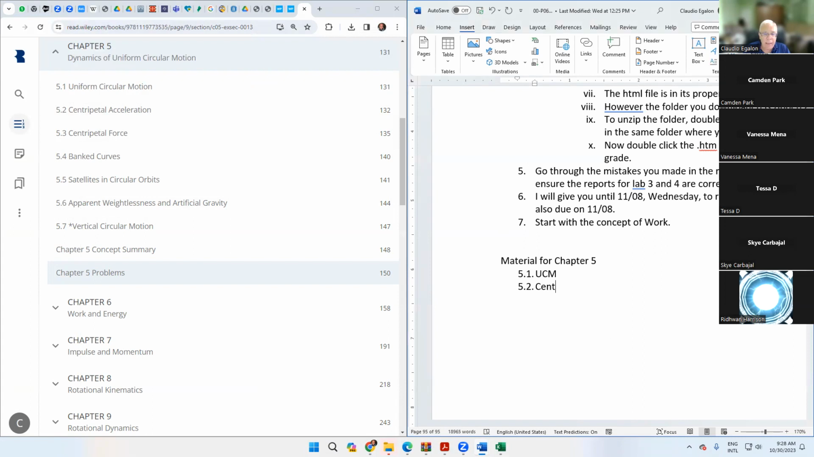5.2, centripetal acceleration. Don't forget, every time that you have an acceleration, you are also going to have a force, centripetal force, every time, right? According to Newton's second law of motion, if the acceleration is different of zero, it means that the net force is also going to be different of zero. And then we have those problems of banked curves, satellites in circular orbit,